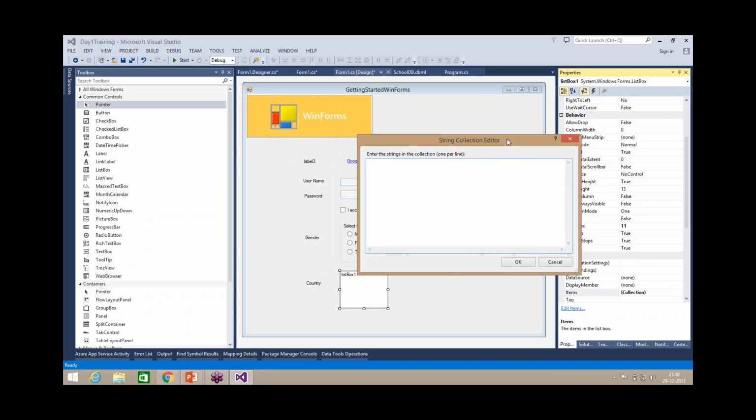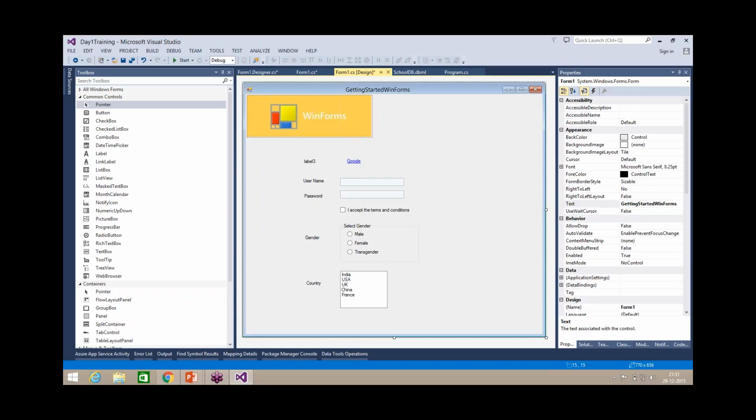So you can add different items here: India, USA, UK, China, France. Something like this. You can add many countries, and when you run it,